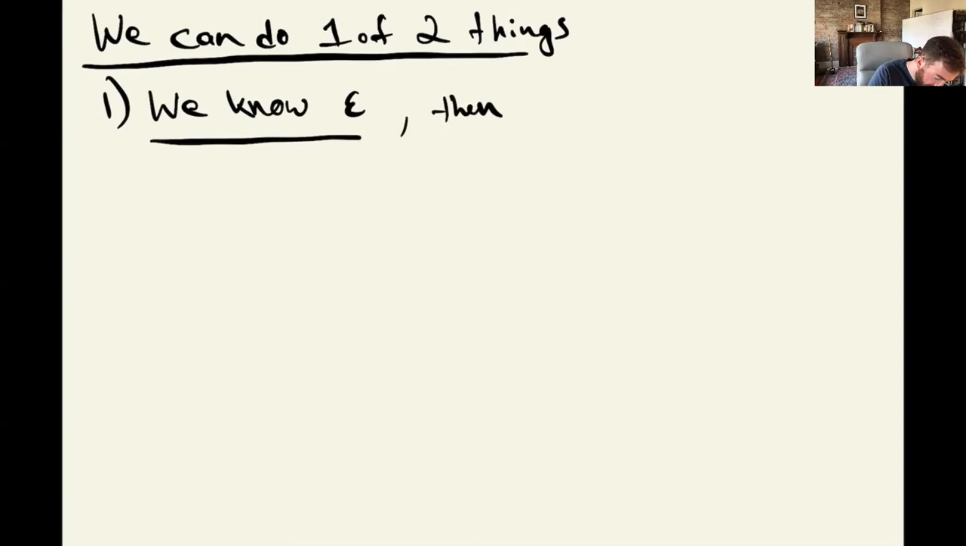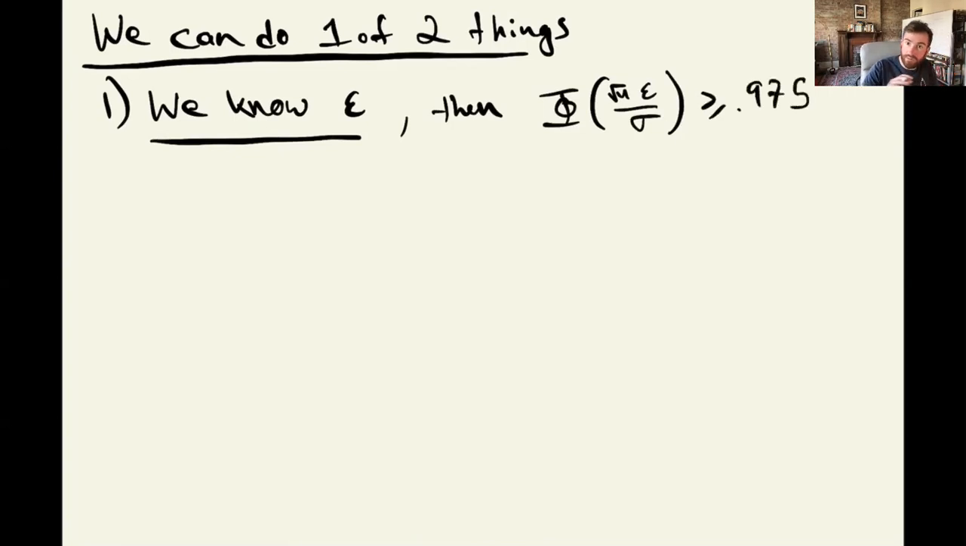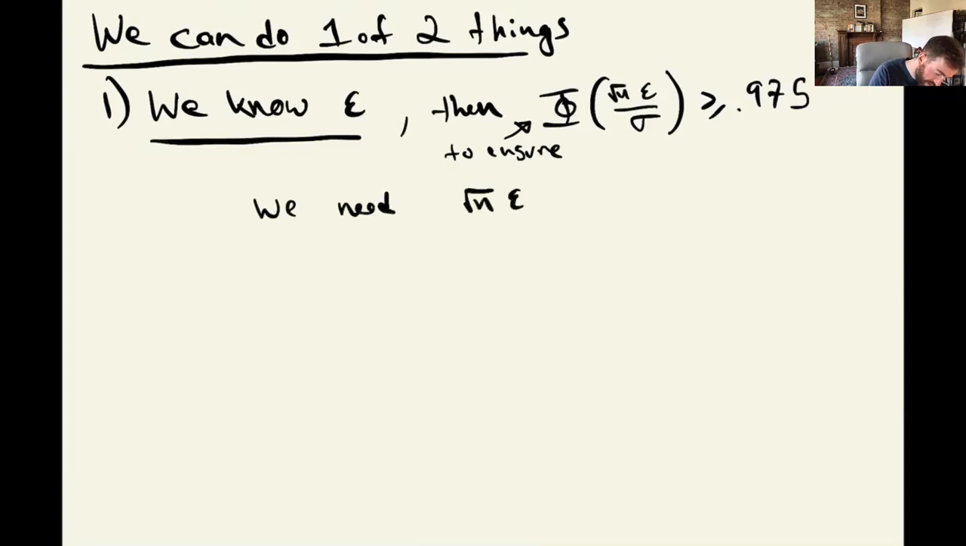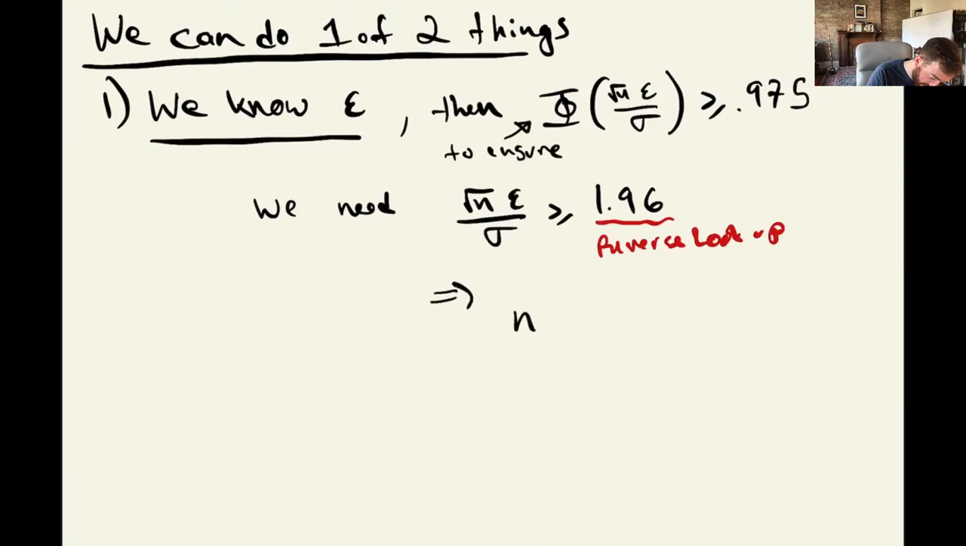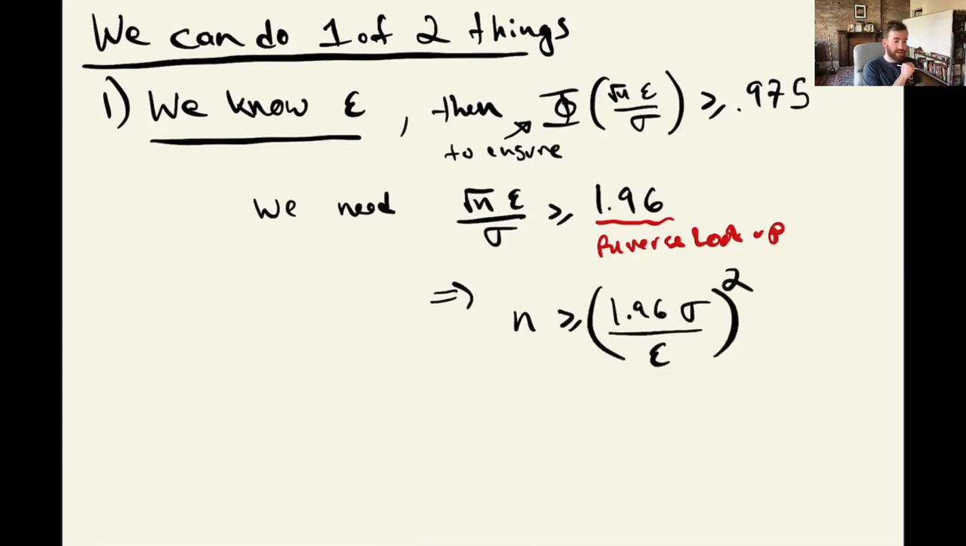And then in that setting, in order to guarantee that phi of square root of n times epsilon over sigma is greater than 0.975, which was the thing we needed in order to be 95% confident, we need square root of n times epsilon over sigma to be greater than or equal to the z value we found puts us above 0.975, which was 1.96. This was the result from our reverse lookup. So in other words, as long as n is greater than or equal to (1.96 times sigma divided by epsilon) squared, then we can be 95%